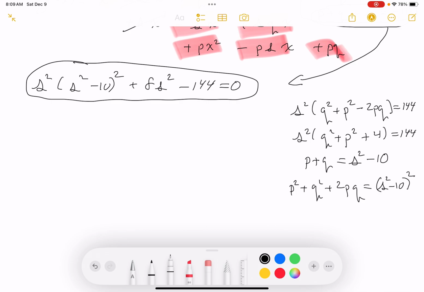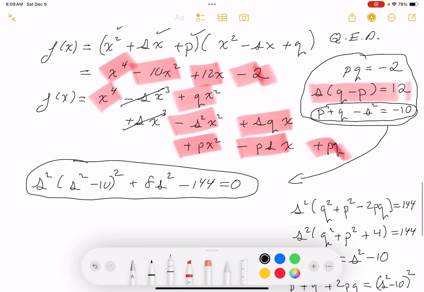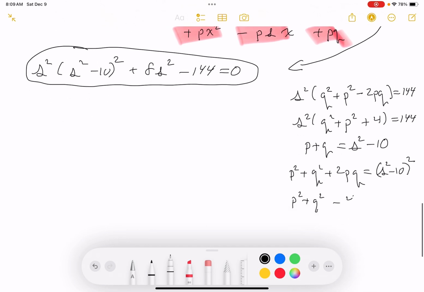You may wonder why I don't want to square that. I'm actually seeing it in the problem, right? But what do I see over here? You see p squared plus q squared, and then the 2pq, remember pq is minus 2, this would be minus 4, and that equals s squared minus 10 quantity squared. All right, let me start thinking. Now, I'm wondering, is this going in the direction I want? And I'm kind of looking at it,